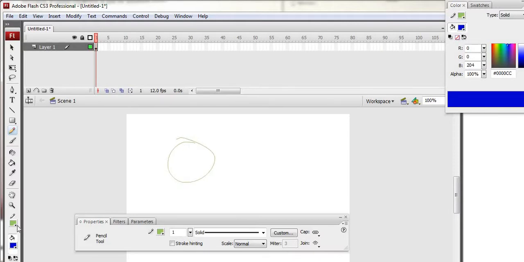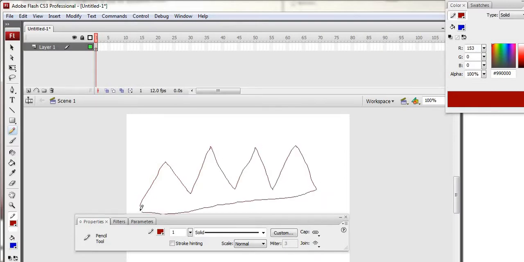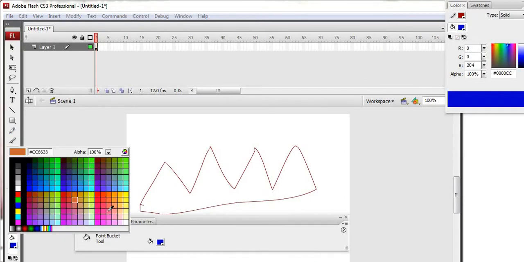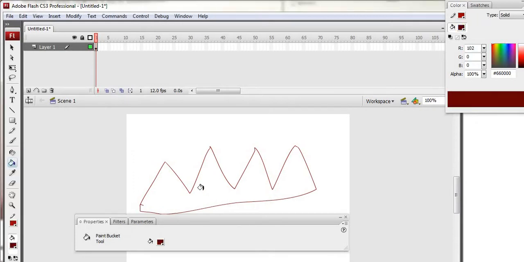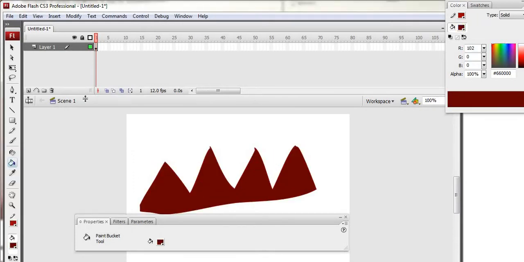I want to change the color, right? From here I can change the different colors, like this. So from here I can change everything as per my requirement. Suppose I want to draw a mountain like this. I can draw a mountain and make it closed. And from here also I can choose the fill color and make a mountain.